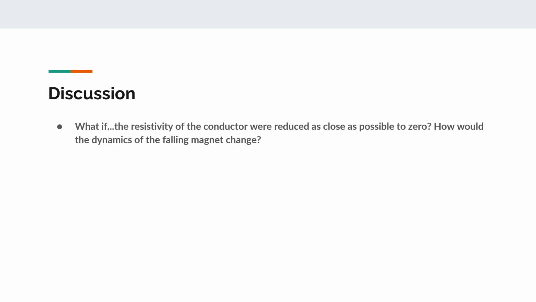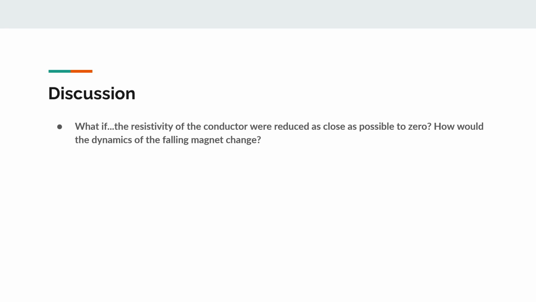What if the resistivity of the conductor were reduced as close as possible to zero? How would the dynamics of the falling magnet change? The induced current present in the copper tube would be much larger due to Ohm's law, which would create a larger magnetic force on the bar magnet and possibly counteract with the gravitational force at work, preventing the bar magnet